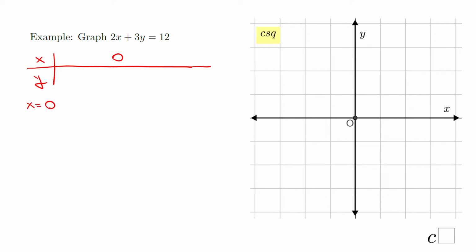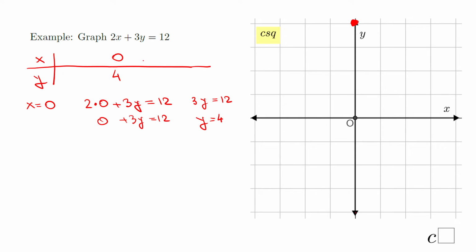x equals 0. And we have 2 times 0 plus 3 times y equals 12. And that will be 0 here plus 3y equals 12, which gives me only 3y equals 12. Divide by 3 and we get y equals 4. So I'm going to have 0 and 4, which is right here. Okay,